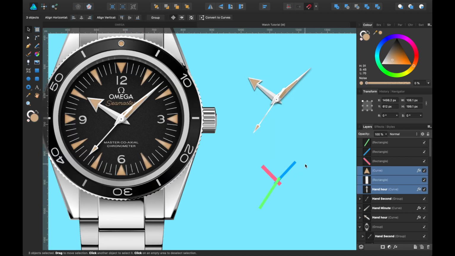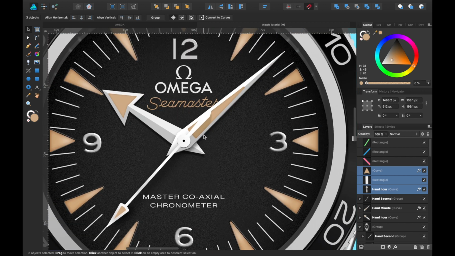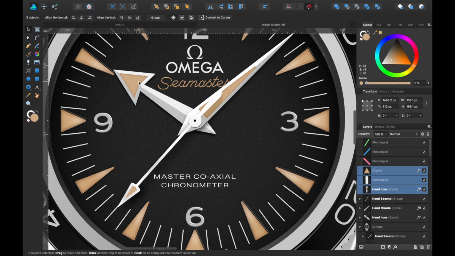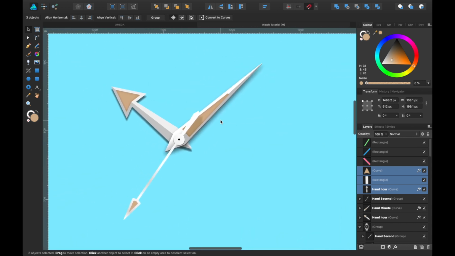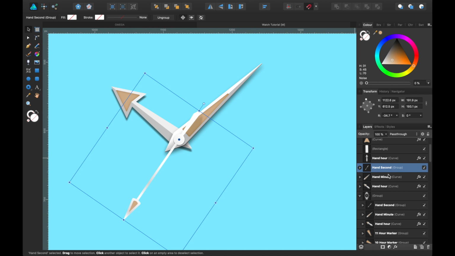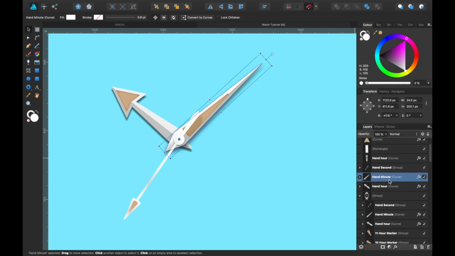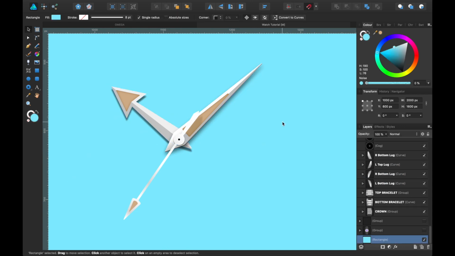Making the minute, hour, and second hand. Let me go in and show you. So this is what they look like on the watch, and I've taken it off the watch and put it to the side so you can see what it's like and the way they are layered. As you can see, that's on the top layer, that's the middle, and that's the bottom.